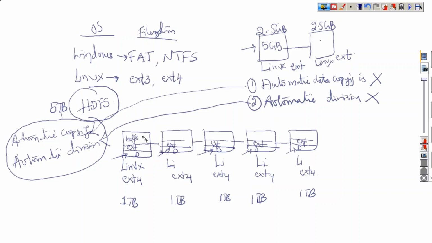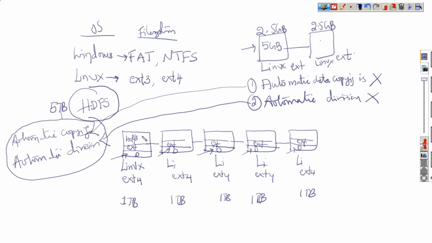How many instances of HDFS have to run on all these machines? 5? Think once again. One is enough. Why only one? The HDFS will distribute data into these machines. Yes, exactly. Whatever be the number of nodes, only one instance of HDFS will be created across all the nodes.